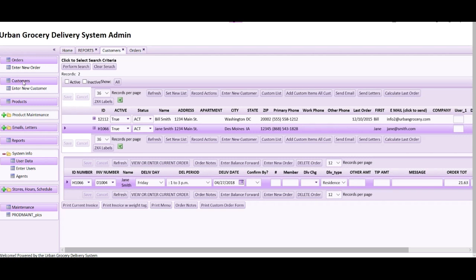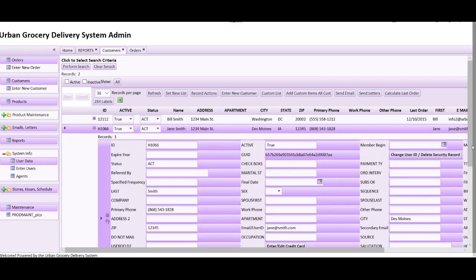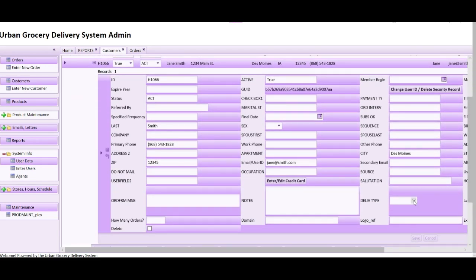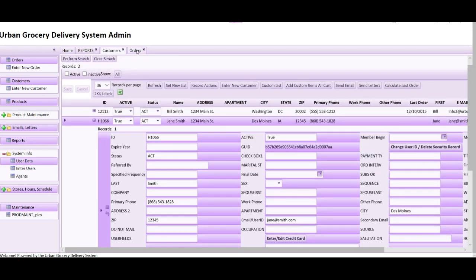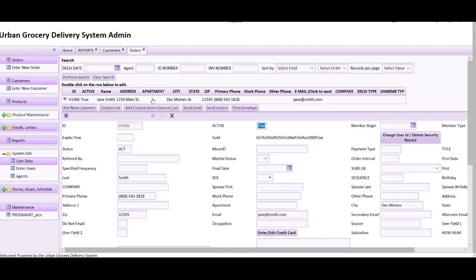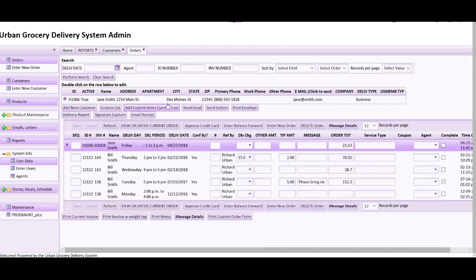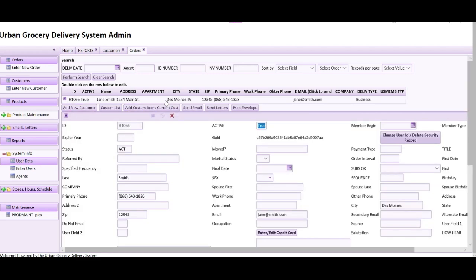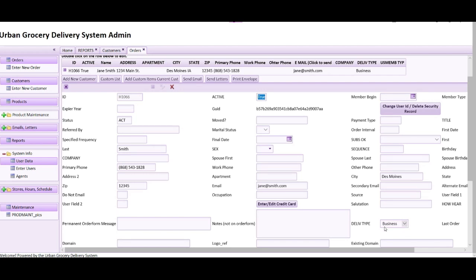When you're on the customer screen, you can expand a customer. For instance, this customer, say Jane Smith here, and then you can see here delivery type. So you could set her to say she's a business customer. You could set it there. You can also, when you're on the order screen, double click on the customer's name. Well, here it's already open, but double click on the customer's name, and then also here you can find her